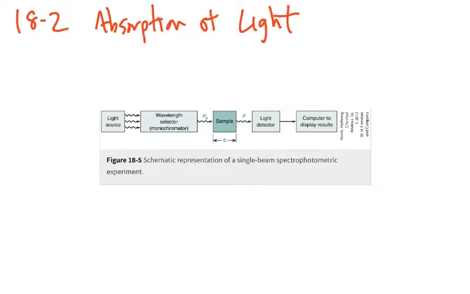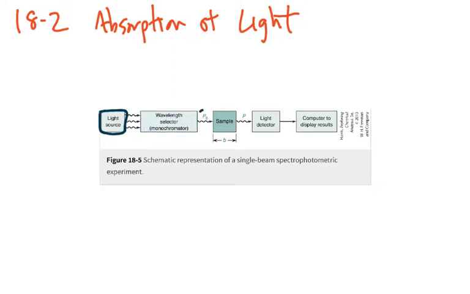We have a light source, which is something that we can measure and quantify the light. We have some sort of wavelength selector where we pick one particular wavelength out of this whole spectrum. So this produces monochromatic light. Monochromatic is one color, basically,